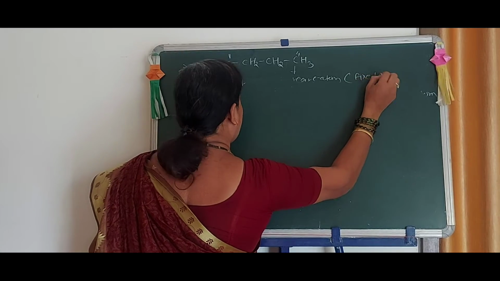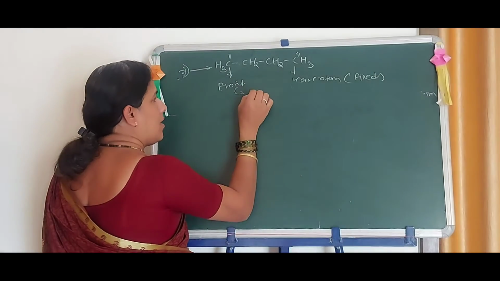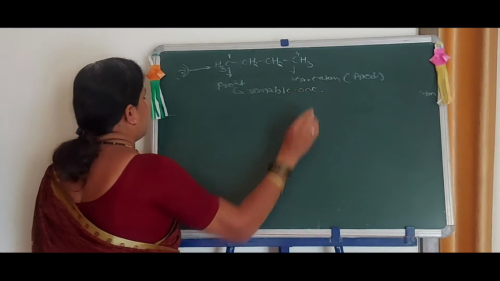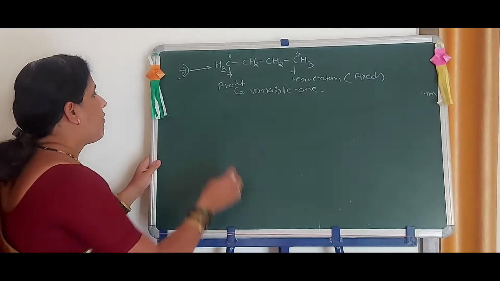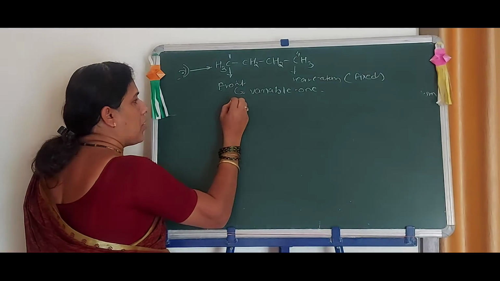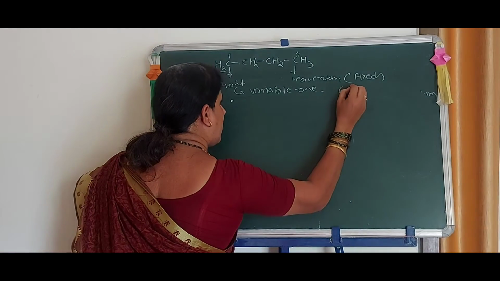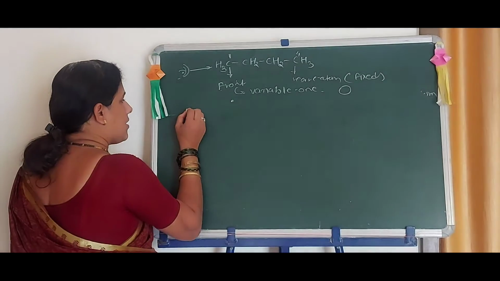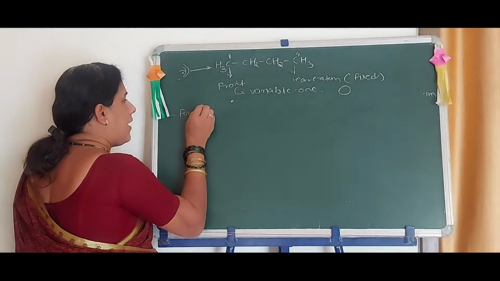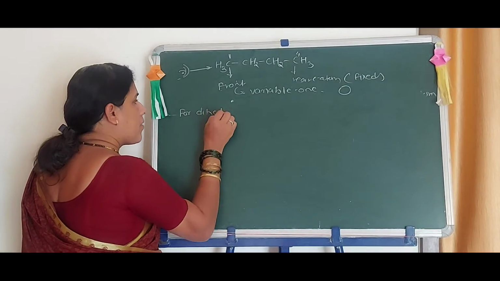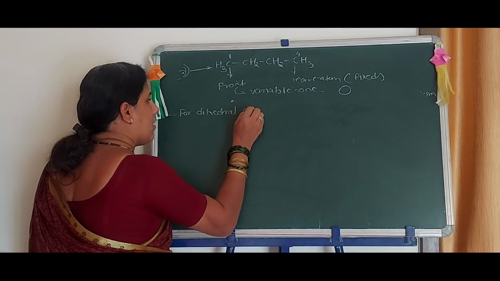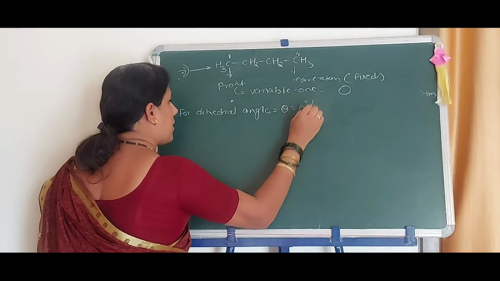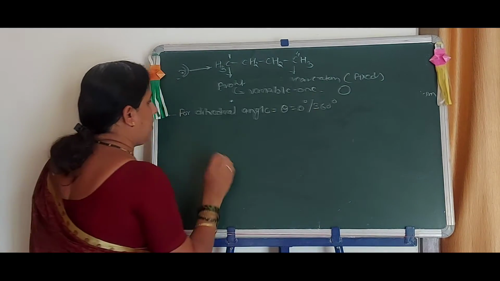Again I am repeating, this carbon atom is the variable one. For the first structure, the front carbon atom is put as a dot, and the rear carbon atom is drawn as a circle around this dot. Now for the dihedral angle theta equal to 0 degrees or 360 degrees,